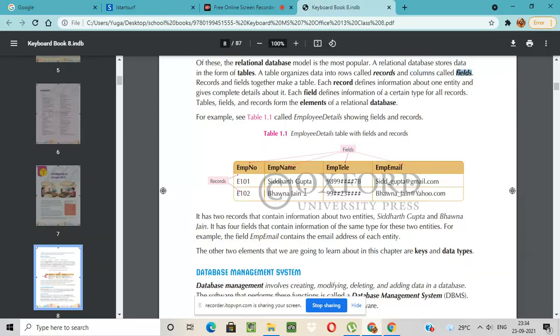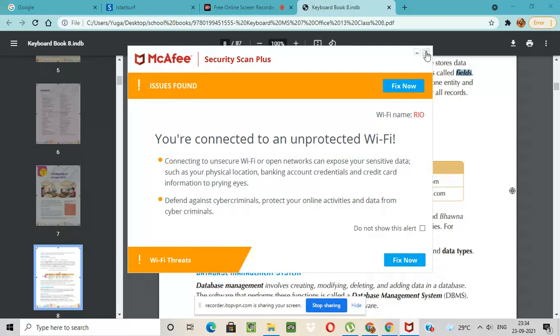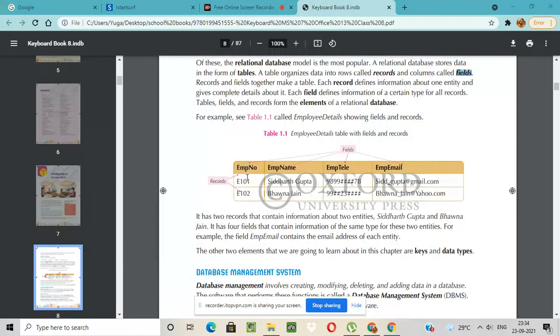Understood? Next, rows are called records, meaning there are two rows in this table. This is one row and this is the second row. These two rows are called records, so it has two records.